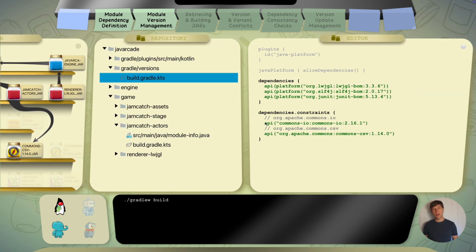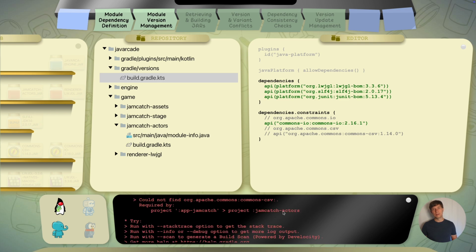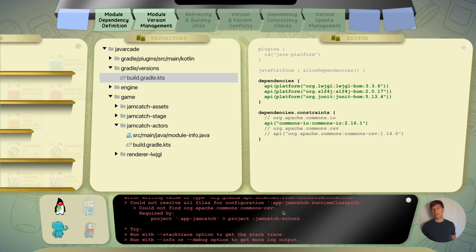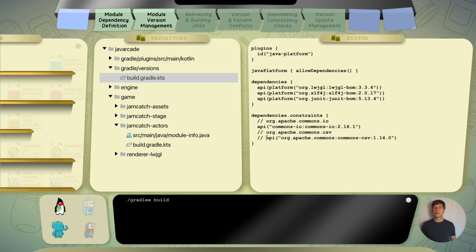If we would not define all the necessary versions, Gradle will complain that it can't download a module or can't find a module, as without the version it can locate nothing in the repository. Note that here we can also define versions for dependencies that we only get transitively.